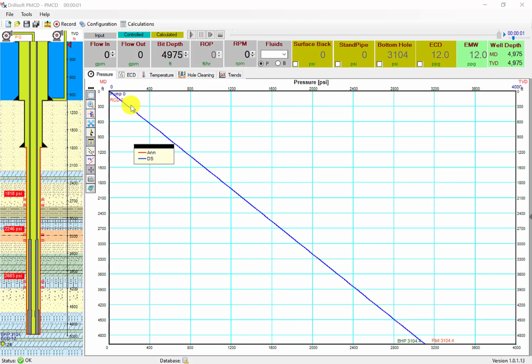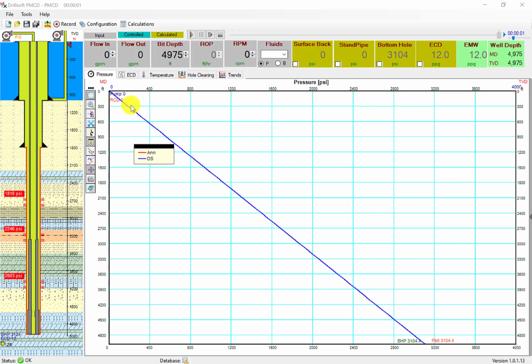Hi, today we will demonstrate the capabilities of the Drillsoft PMCD software. Drillsoft PMCD was built on Drillsoft HDX with additional features to simulate pressurized mudcap drilling and floating mudcap drilling operations. These additional features include loss of circulation, total loss of circulation, bullheading, gas migration, fracture severity factor, and also indicating